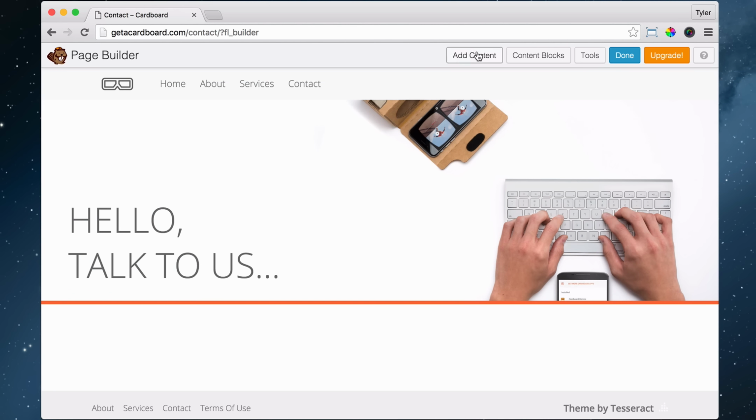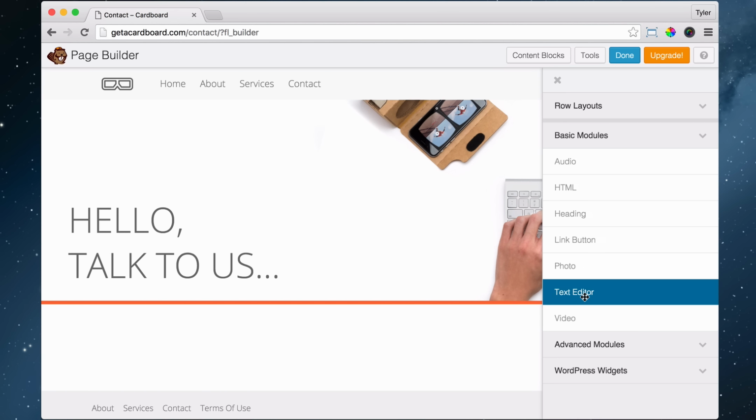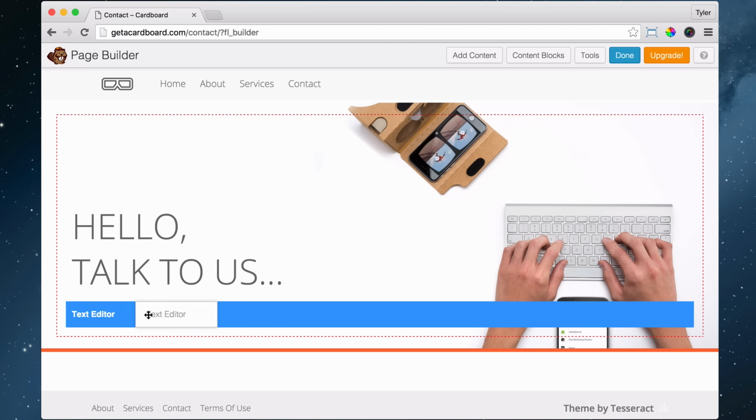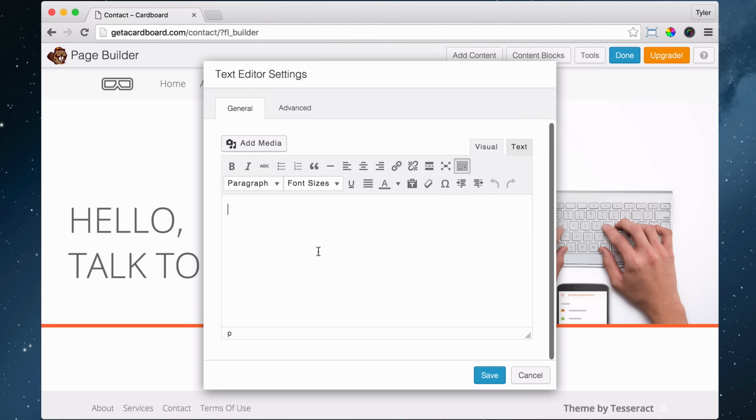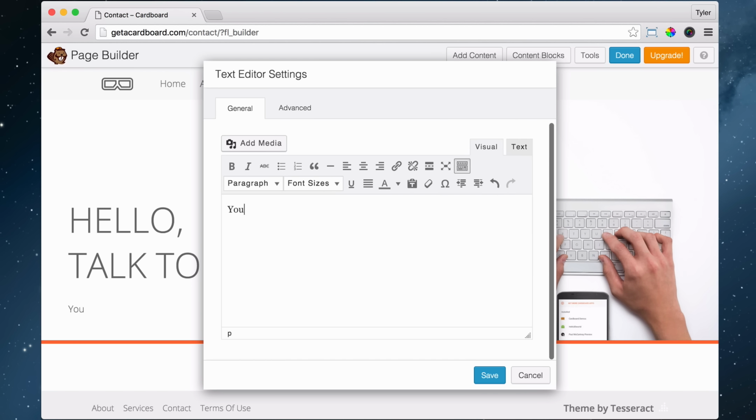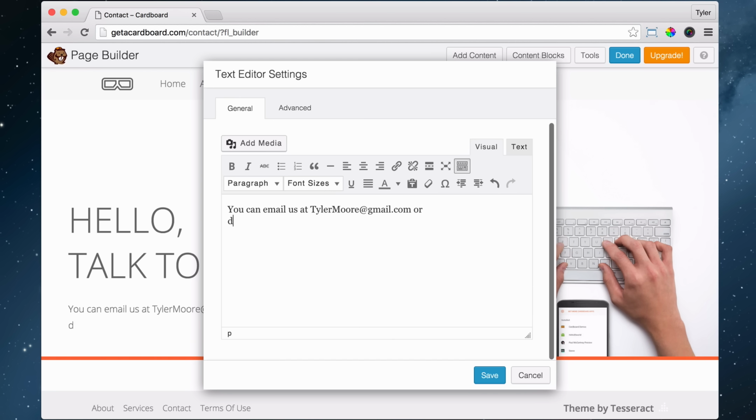So once we do that, we can add more content, and we're gonna add a text editor. We're gonna click, hold, and drag right underneath the talk to us. And I'm just gonna say, not in caps though, you can email us at tylermoore@gmail.com. I guess you're just emailing me. And then I'm gonna hold Shift and press Enter, so it doesn't make a big paragraph, it just goes to a new line. You can hold Shift Enter and it just goes right under and makes a new line. Call us at, and my phone number, 310